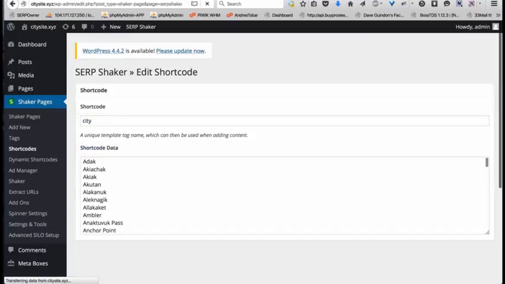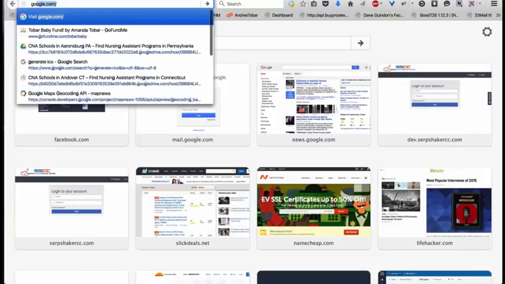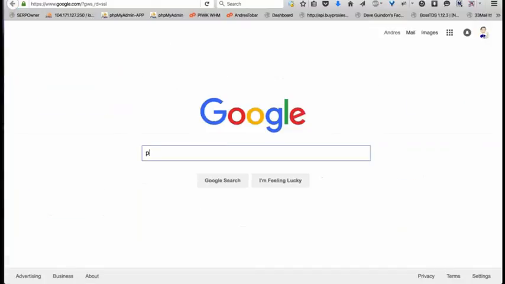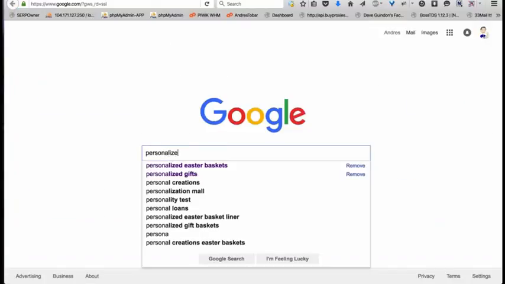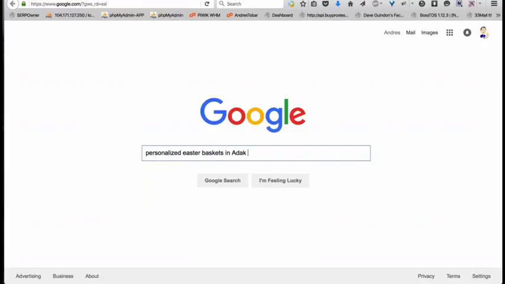Right. So we can take, for example, these Alaska cities. We go to Google and search personalized Easter baskets in Adak, Alaska.